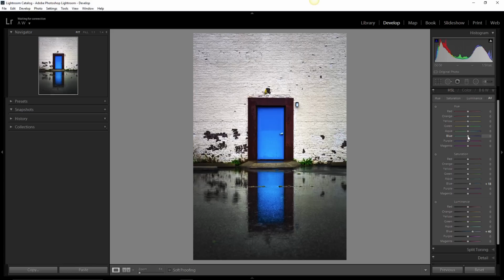And I don't really want to mess with the hues of the blues here, so I will just darken it a little bit maybe. Okay, yeah, that looks pretty good. Now, what else do we want to do with the image? Personally, I like it the way it is, but let's say you have